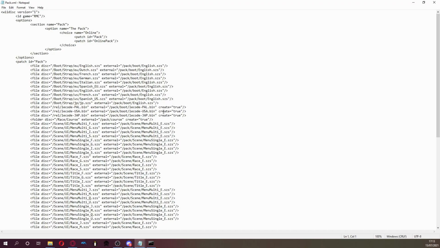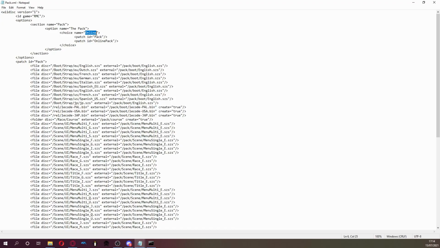Now, with this tutorial, we'll be using TZ Loader. What that does is it allows us to only need one XML, and it can heavily reduce the file size. Now, section name is this is for a Riivolution, so obviously you want that to be your pack. Option name, that's for all the different options, and choice name is by default everything will be on disabled, and then when you want to go through your choice names,